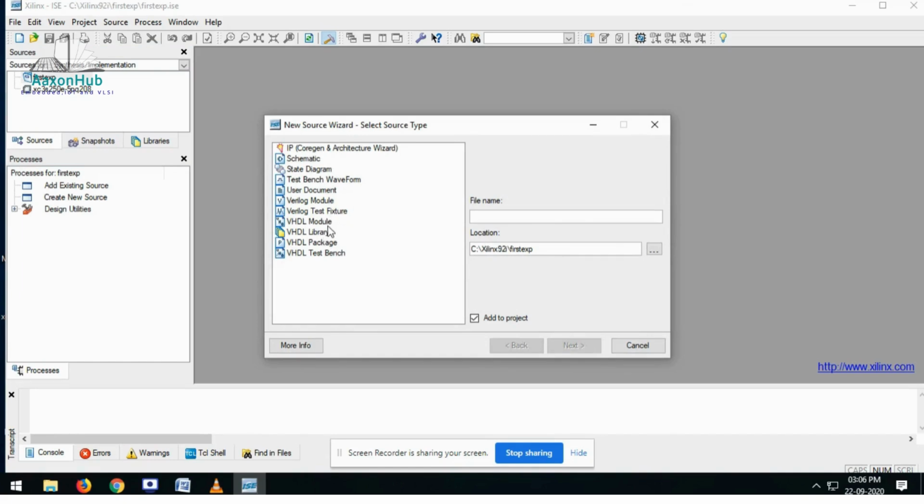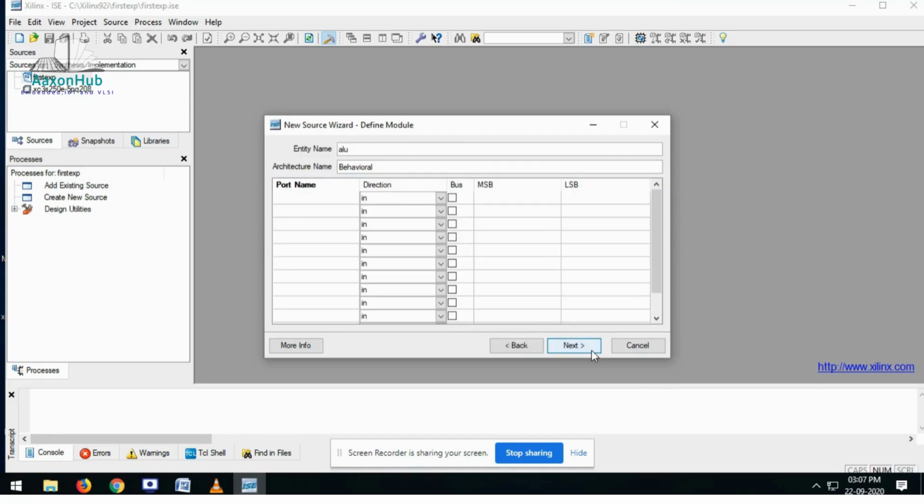As we are looking for VHDL, here you give the VHDL file name. Here is my file name, ALU. Do you want to create this particular file in your project? Select yes, then finish and next.